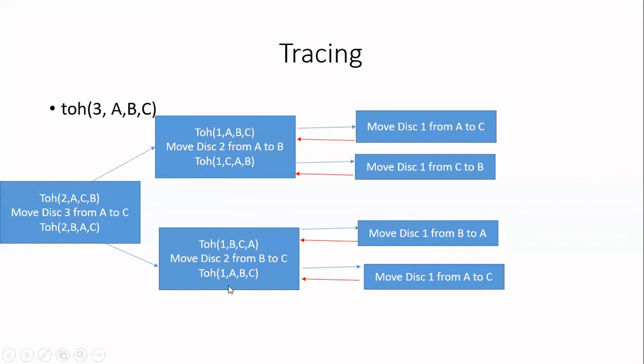Next, this is executed. So we are going to this. This is a base case. So move disk 1 from A to C will be printed. Now there is the red arrow. Follow that. All the three statements are over. So again, go back here. Here also all the three statements are over. So go back to the main function call, that is TOH. You will go here. So totally, how many printf statements have been printed? If you see, totally 7 statements are printed.